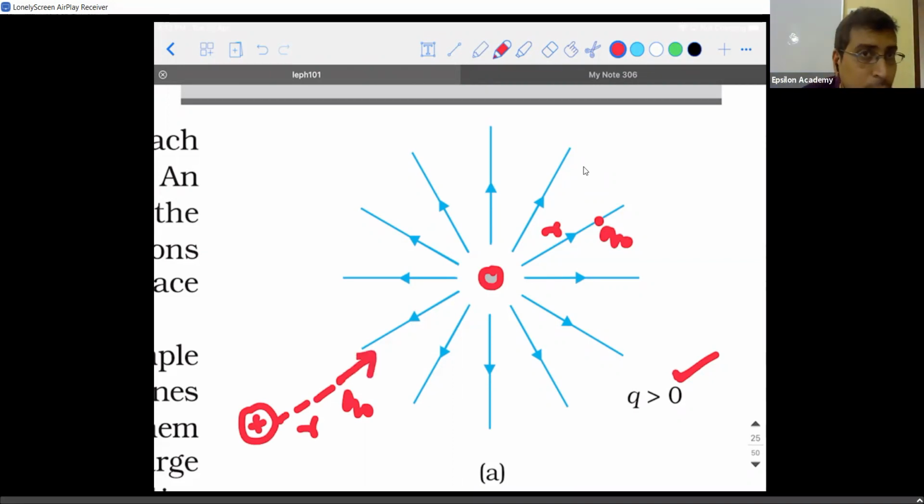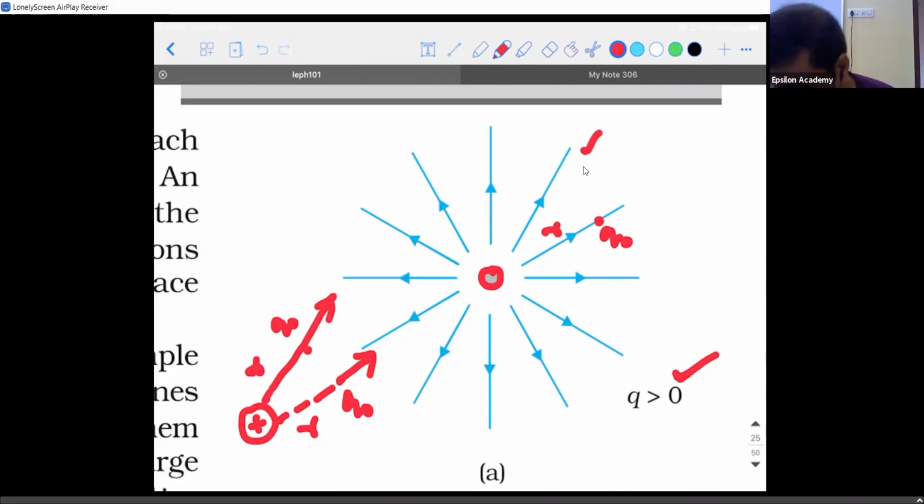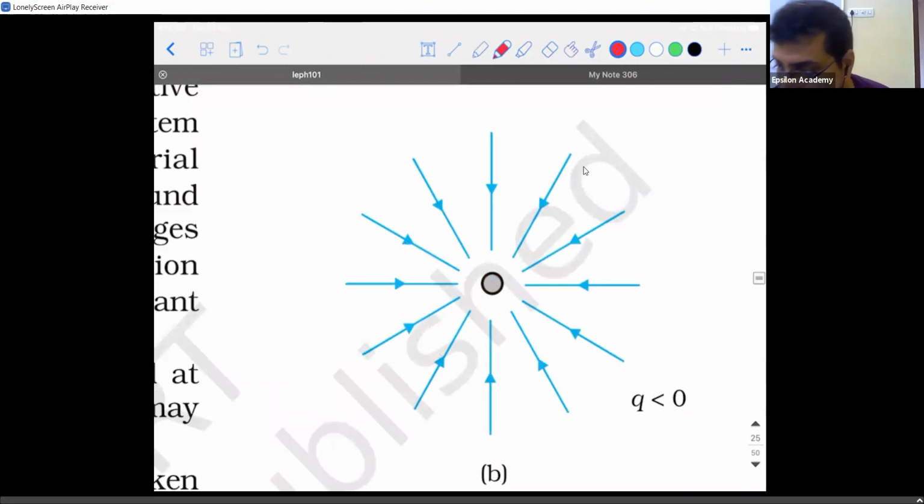It is going to experience a force away because both are positive charges and it is going to be a repulsive force. Similarly, if I place the same Q0 at some other point, at the same distance r, it will experience a force in the outward direction. So if I keep drawing a field around it, then the field lines are going to be in the radially outward direction. Keeping the same context in mind, the electric field lines due to a negative charge will be towards the negative charge. I hope you guys remember this, right?